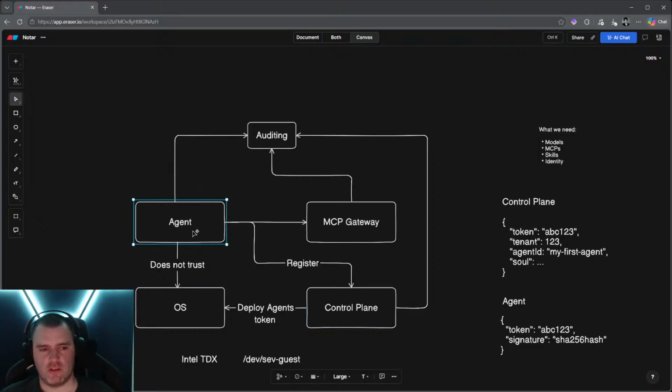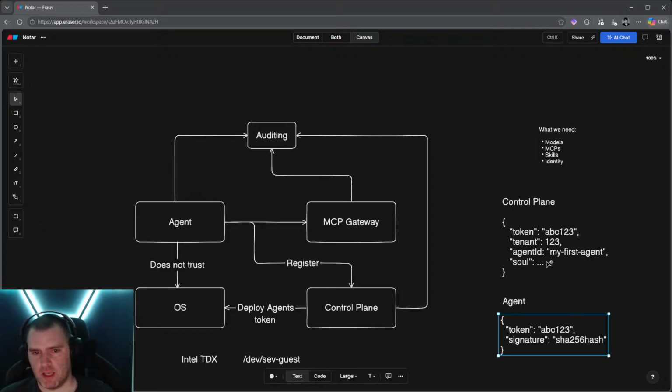The agent then signs that message and registers it back onto the control plane. And because we can apply some fancy crypto, we can get the public key out of it, and then we know that this agent was used with this public key, and that will link up to absolutely everything